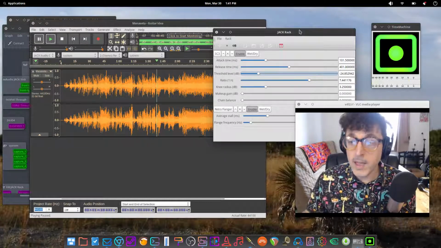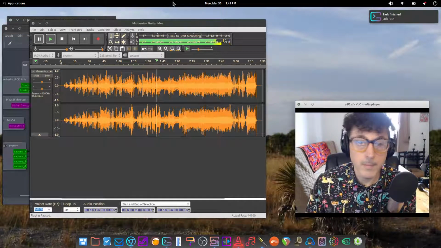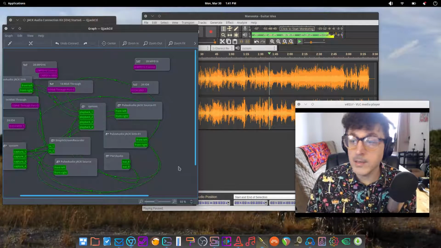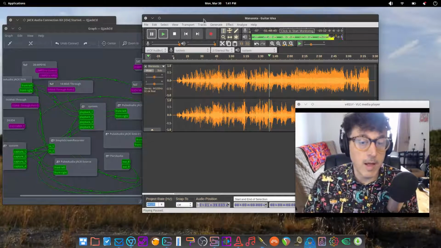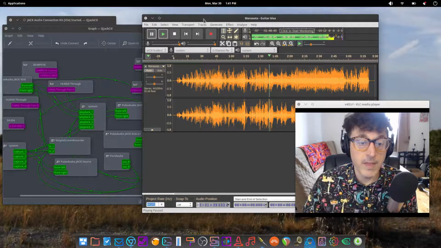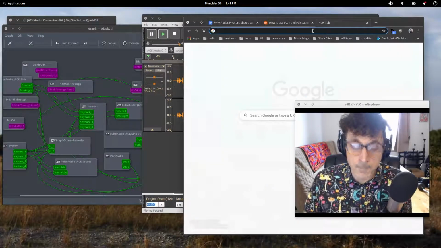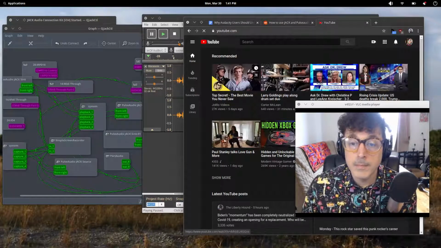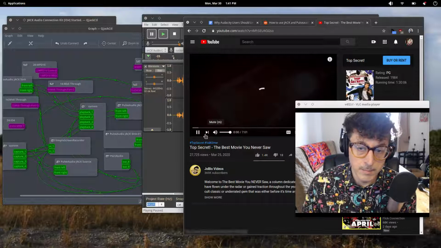Now, another thing that I wanted to mention that I think is really important, let's go ahead and close all of these, is say you have an internet stream or something that you wanted to record in Audacity. Now, it's probably possible in Windows, but it's probably a lot more difficult than it is within Linux. So if we just open up a browser, let's go to YouTube here. And say, let's just open up this. I don't want to get a copyright claim, so I'm going to pause it.